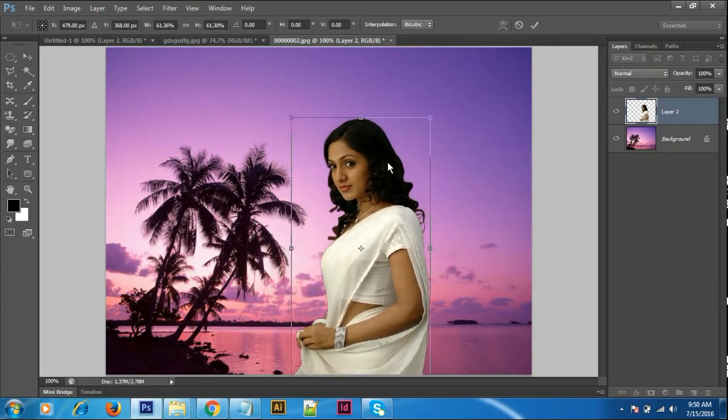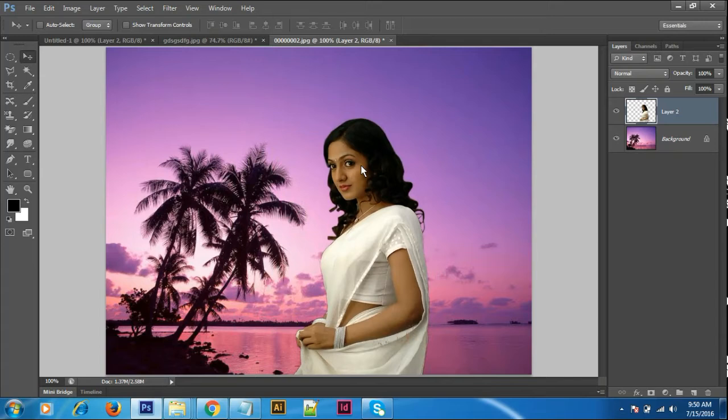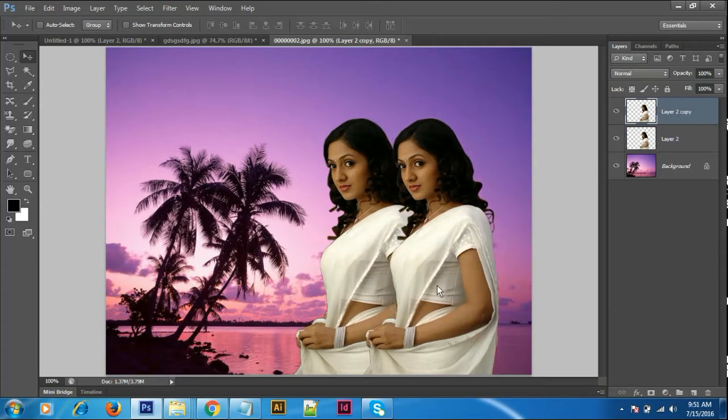After completing that, we can come to here and directly double click on the layer, then it will be active. Besides double click, we have a shortcut, Enter, also. And what is the shortcut to take a duplicate? Control J. Control J is a duplicate. Fine. Again, I would like to transform. What is the shortcut? Control T is a transform.